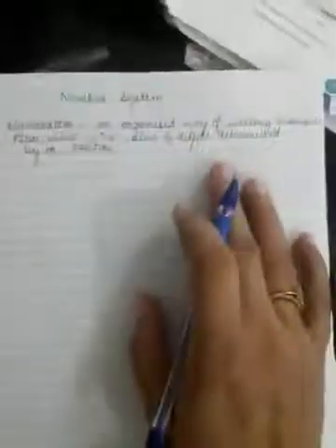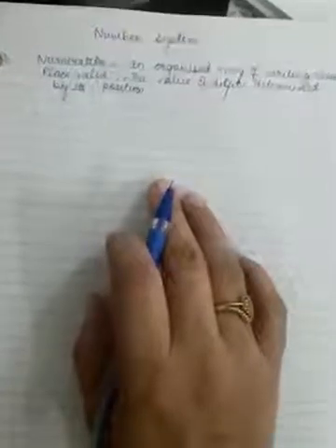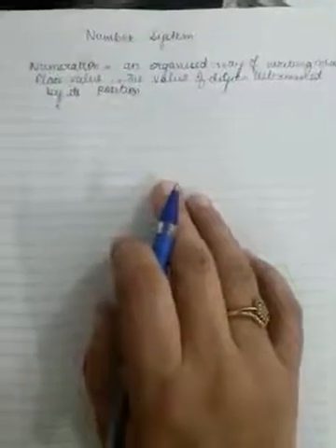Good morning. Today we will learn about number system in brief. We will revise what we have learned previously. So numeration means organized way of writing numerals, and also we'll study the place value. For that we have two number systems. First one is Indian system of numeration and another one is international system of numeration.